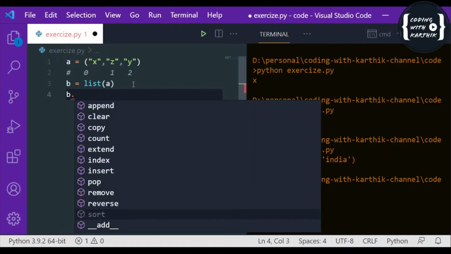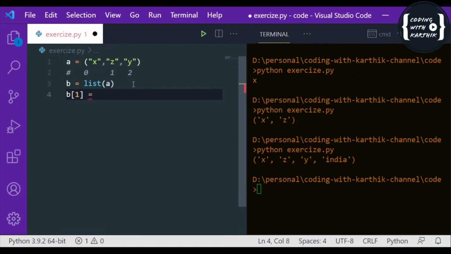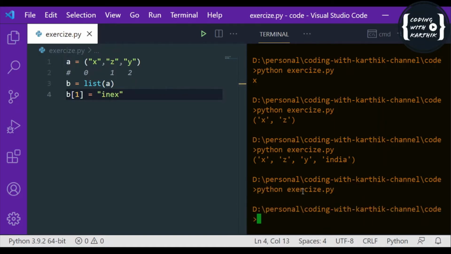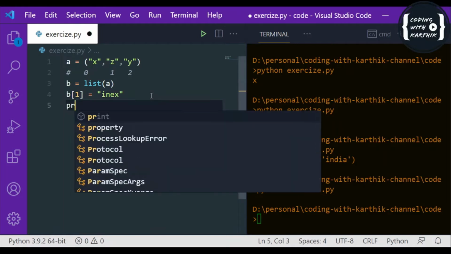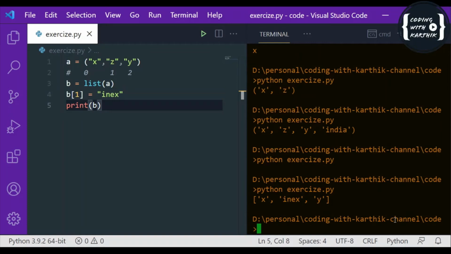Since we have converted this tuple to a list, now if I want to update a specific index, I can use this index and update something. Sorry, I have to print this, right? See now, this is the same as a list.